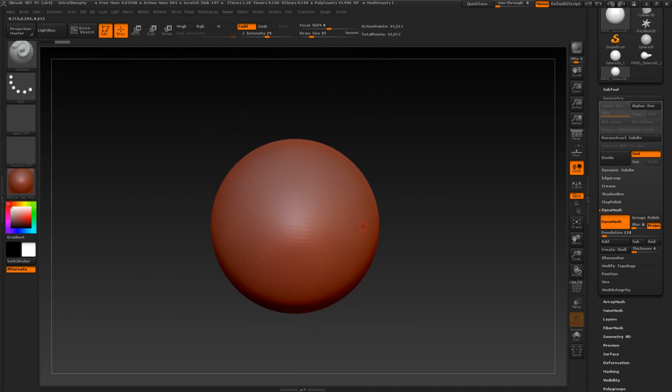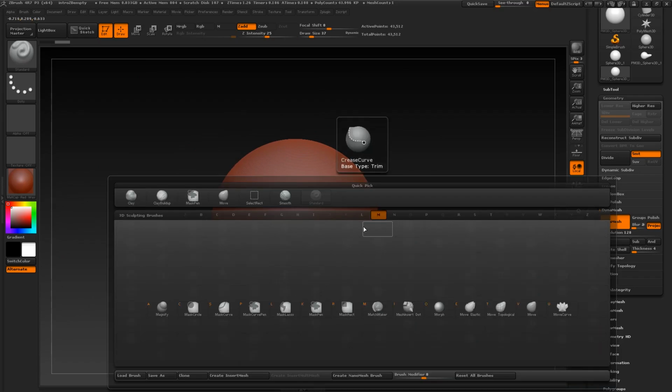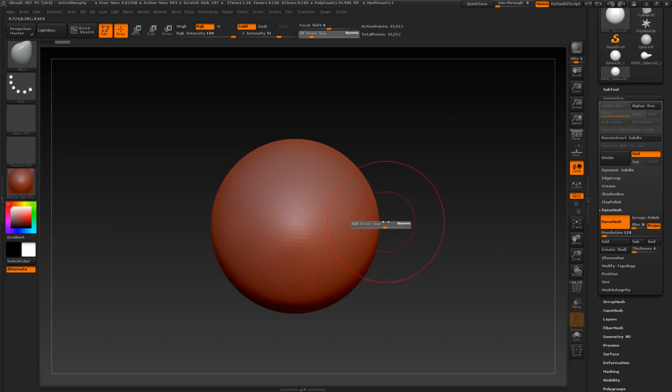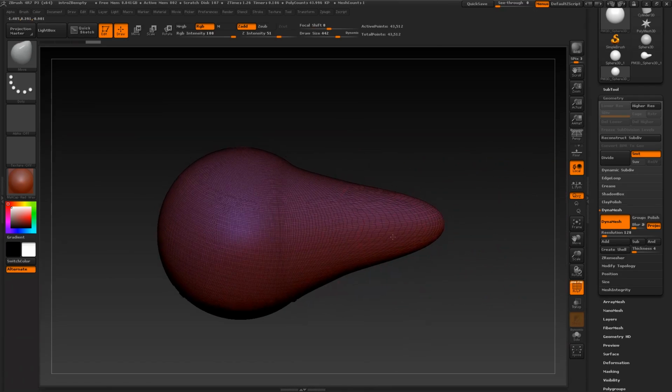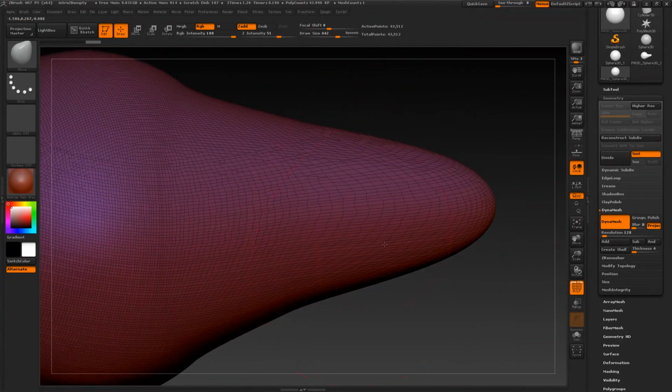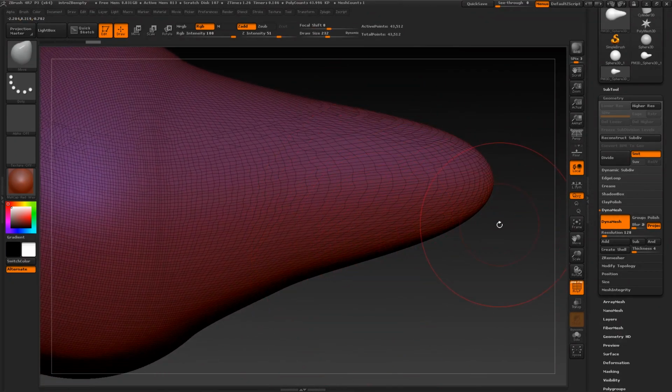So if we now go and use B N V for the Move tool, and we stretch it out now, you're going to see the same thing happen. We still have the same stretching. But as we have Dynamesh now, we can activate Dynamesh. We can remesh this. The way we remesh it is we hold the Control key and we drag outside